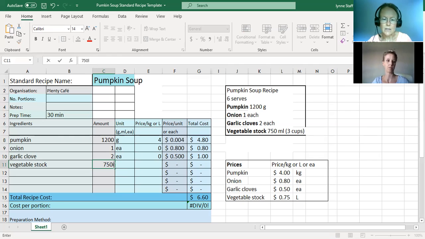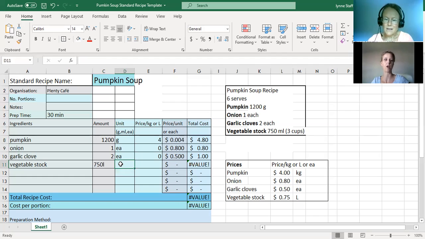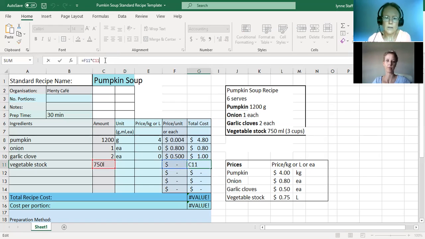Which is an easy mistake to make. That's it, and push enter. When you're trying to work quickly, often that's an easy mistake to make. It won't go forward. So there we go. That's the error message. It can't really comprehend what it's meant to do because it really just needs that single figure amount in that